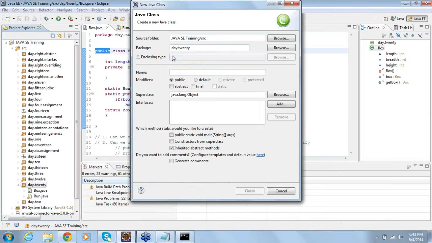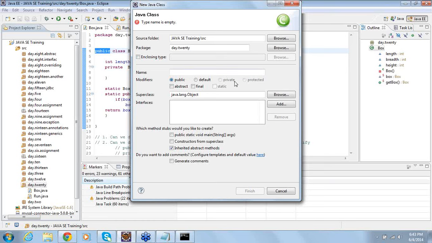That is the reason when you try to create a Java file over here, see what the access specifier is by default: public. Or you can also pick default. When you pick default, the class name and file name need not be the same, but when you pick public, the class name and file name must be the same.